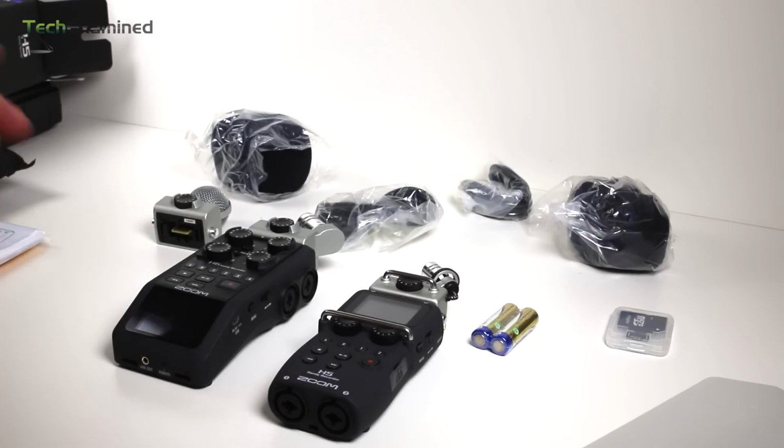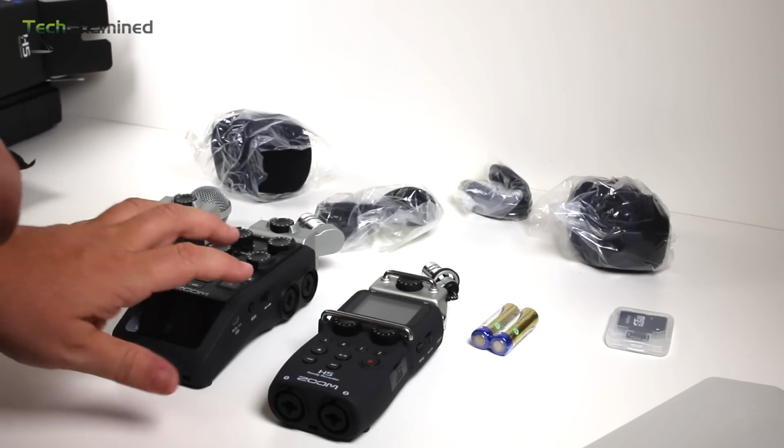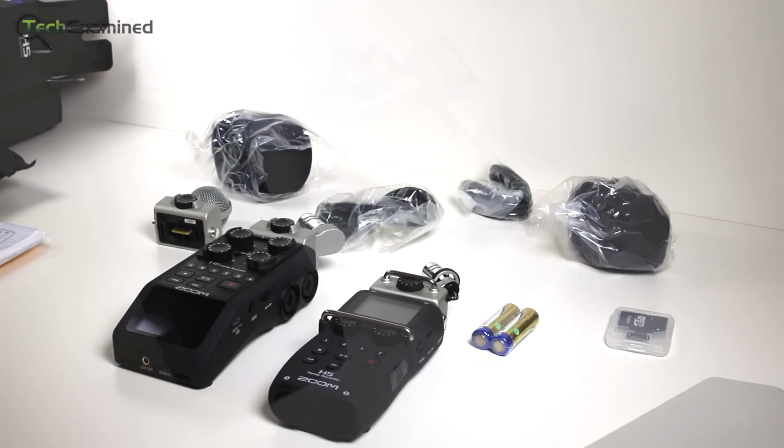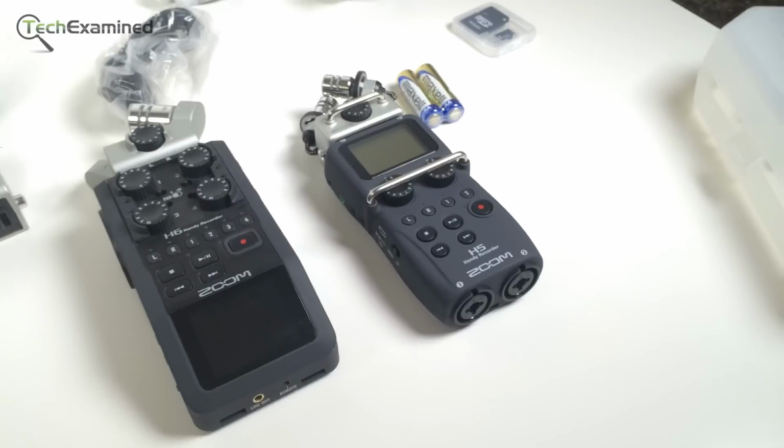We were using the H6, so we're going to start using the H5. I've already sold this to someone, and the idea is I'm pretty impressed with the H5 just by looking at it. But, with the setup I'm doing today,